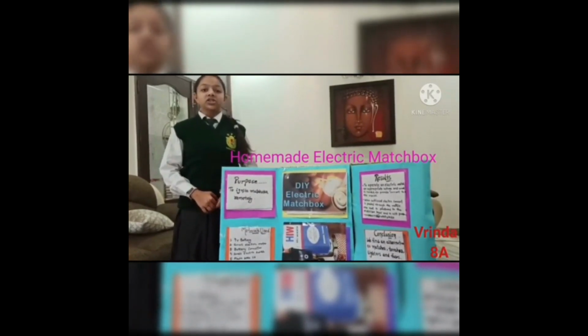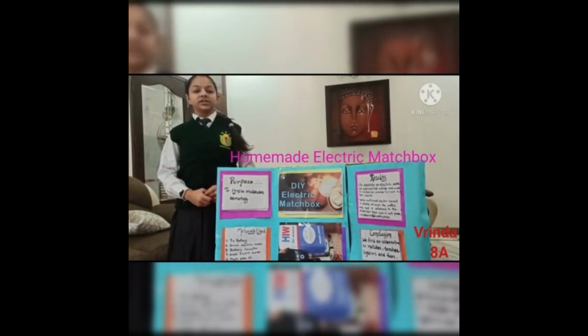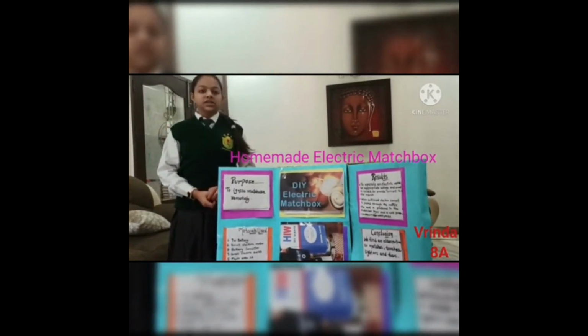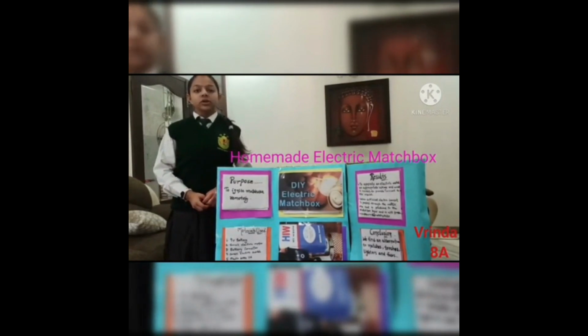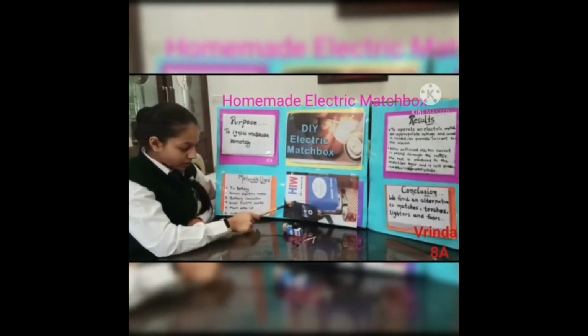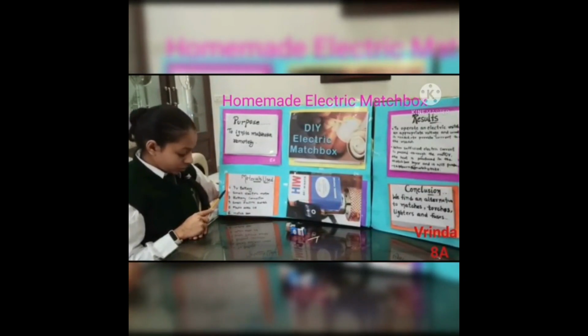The electrical match gives you more control over how your fireworks appear in a display. And having invested a significant amount of money and time in a fireworks display, you might just want to enjoy watching it yourself. The material that is used to make the electrical matchbox is the 9-volt battery, small electrical motor,